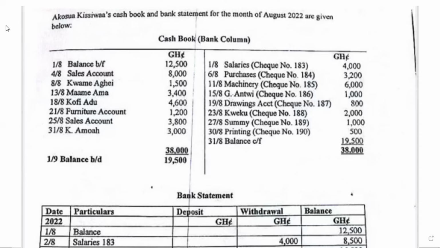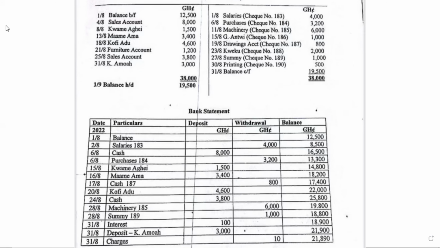This is the question we have. It said, Akosia Kisiwe's cash book and bank statement for the month of August 2022 are given below. So this is the cash book and the bank statement. This one is not in statement form, so I can't read it, but I'm going to put this here, then we are going to solve it. One thing, when you're given this question and you are asked to prepare the adjusted cash book and the bank reconciliation statement,